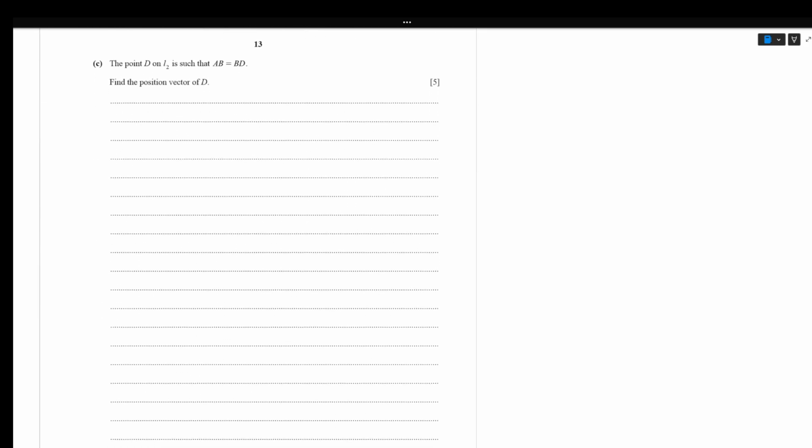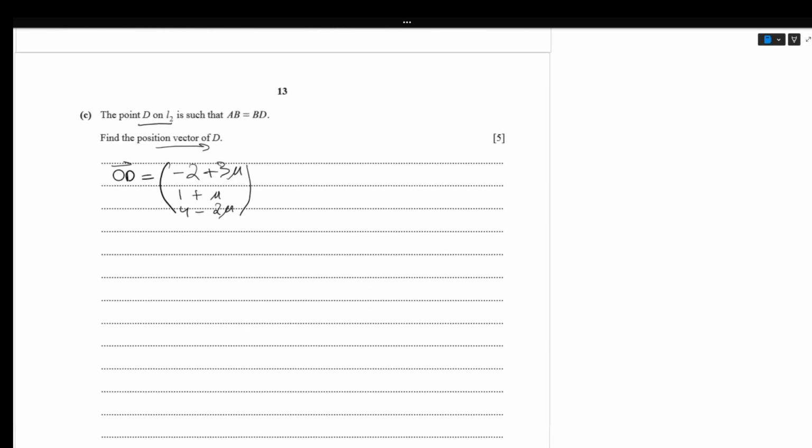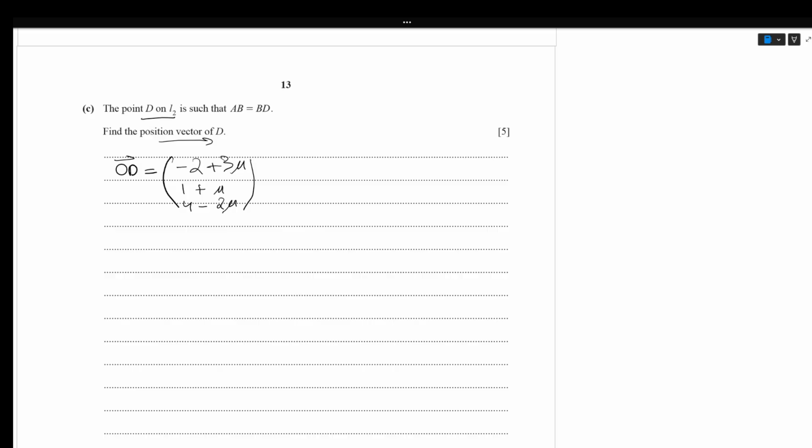The point D on L2 is such that AB is equals to BD, और हमें OD, जो D का पोजीशन वेक्टर है, से OD हमें वो ढूंढना है। D lies on L2, तो हम D के लिए पोजीशन लिख सकते हैं कुछ इस तरह, (-2 + 3 म्यू, 1 + म्यू, and then 4 - 2 म्यू)। अब इसमें म्यू इज ए स्पेसिफिक कांस्टेंट रादर देन द जनरल म्यू जो हमें हेल्प कर रहा था हमारी लाइन को रिप्रेजेंट करने के लिए। तो एक स्पेसिफिक कांस्टेंट को मैं म्यू नॉट लिख देता हूँ। और बस अब मुझे म्यू नॉट की वैल्यू ढूंढनी है यूजिंग AB एंड BD, जिससे मुझे अपना OD मिल जाएगा। और म्यू नॉट कैसे ढूंढना है, उसके लिए फर्स्ट ऑफ ऑल मुझे